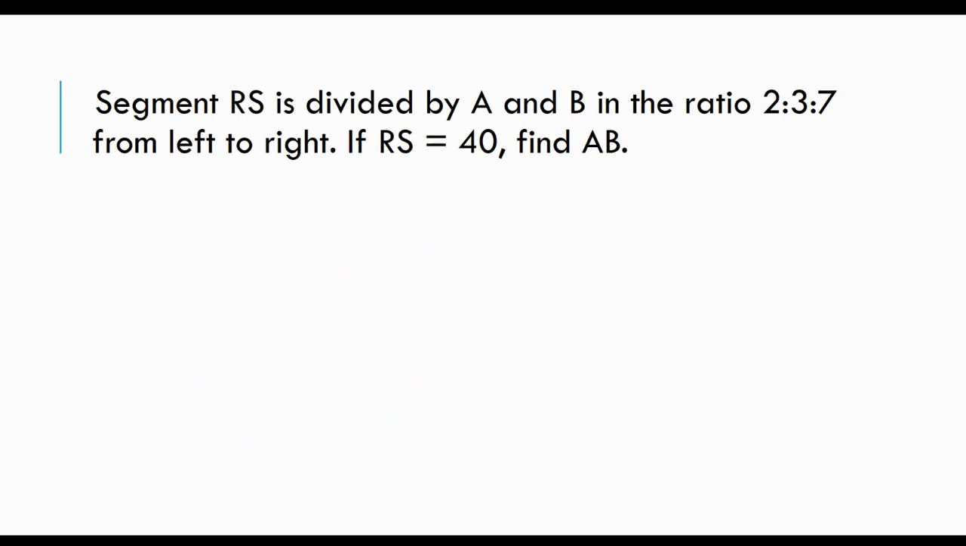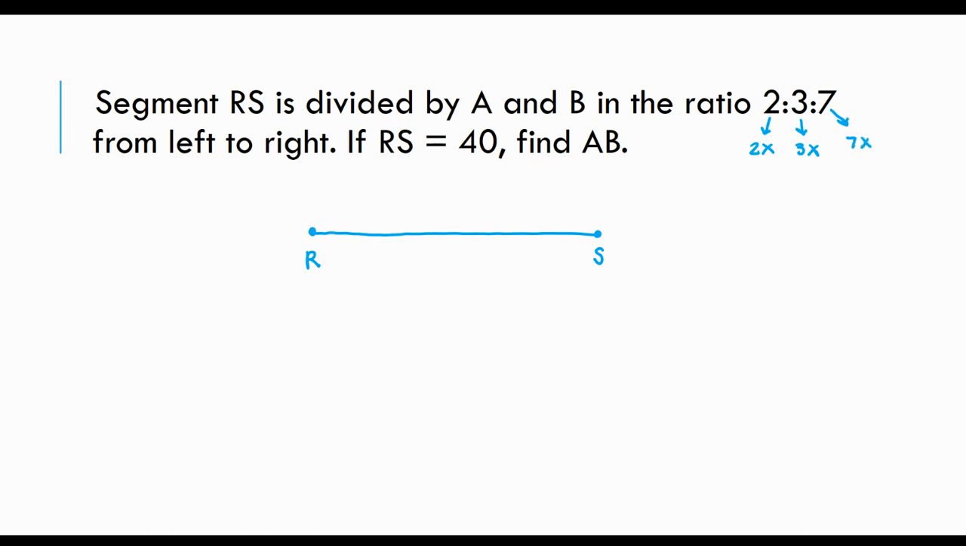Here's another one where I would suggest that we sketch a picture. So it says the segment RS is divided by points A and B in the ratio 2 to 3 to 7 from left to right. So I'm going to sketch a segment, call that RS. We have 2 more points on that segment, A and B. So if we look at the ratio, 2 to 3 to 7, going from the left to the right, we want a small segment of 2x,